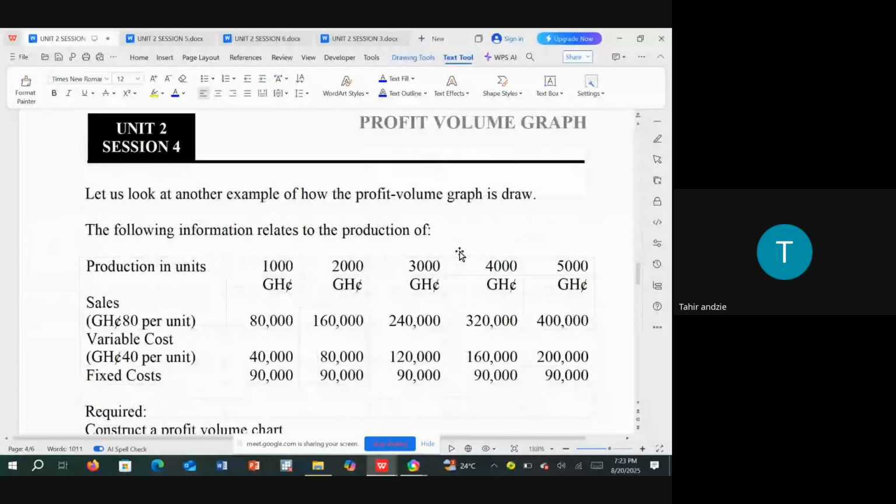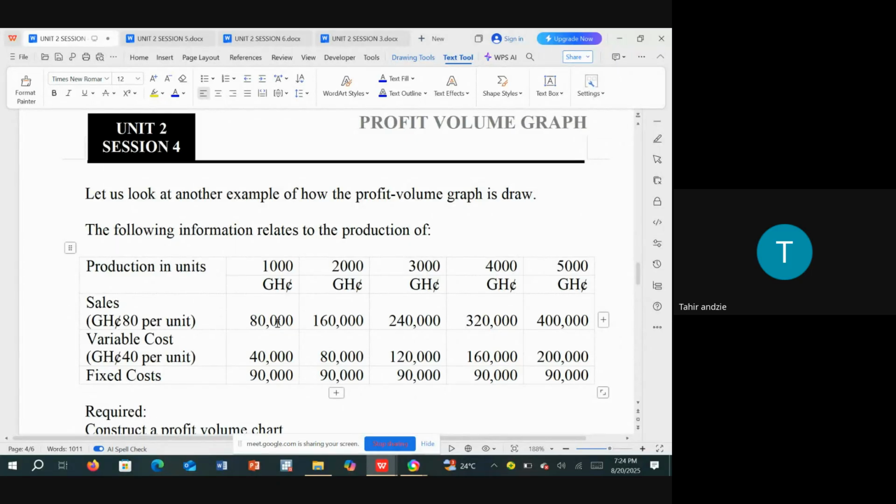Now, let us also look at another example of how the profit volume graph is drawn. The following information relates to the production of a product in units. So we have 1,000, 2,000, 3,000. Total sales is 5,000, but it's divided into 5, so the scaling becomes very simple for you. Then sales revenue is also